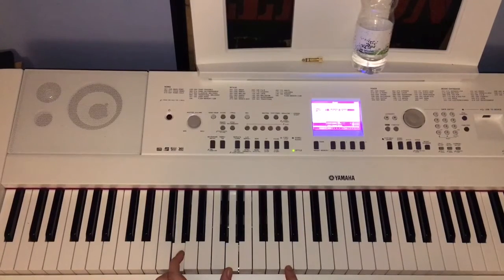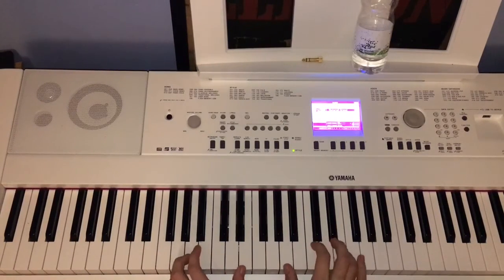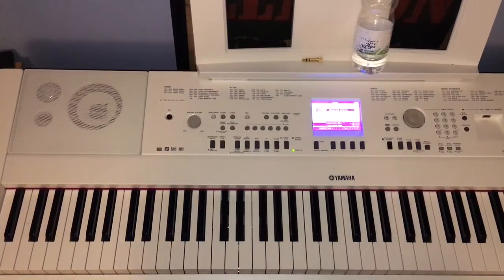and then move down to an F, move 2 fingers down to a C into the F, then back up to the G, and to the A. And basically after that, it goes back into the intro riff again, and then the next time after that, that's when it goes into the pre-chorus I guess it would be, or